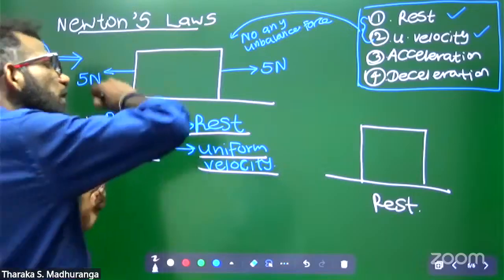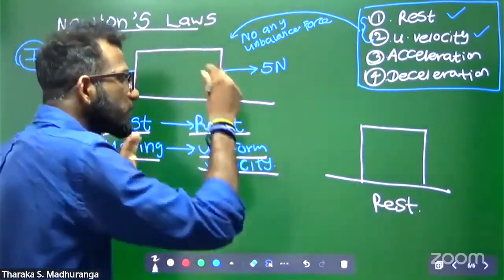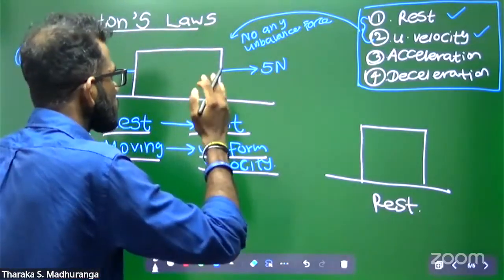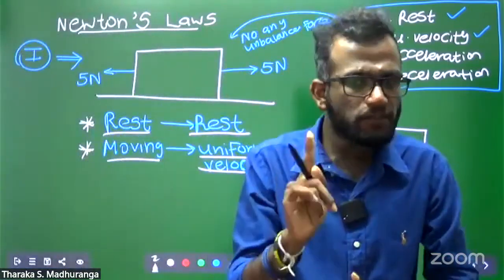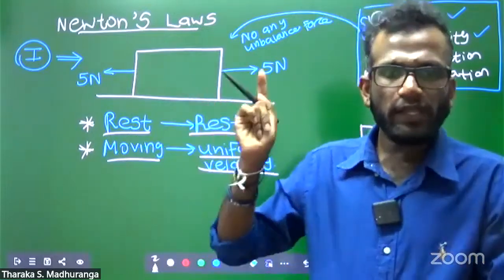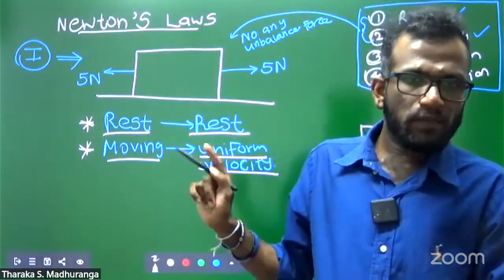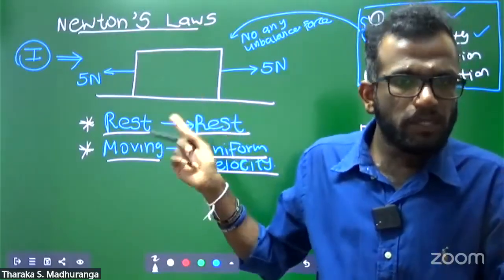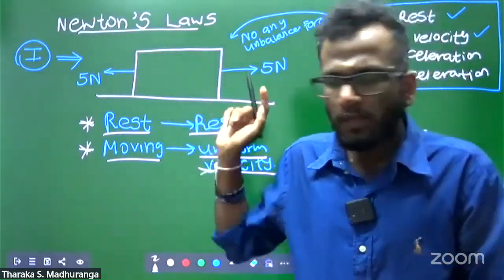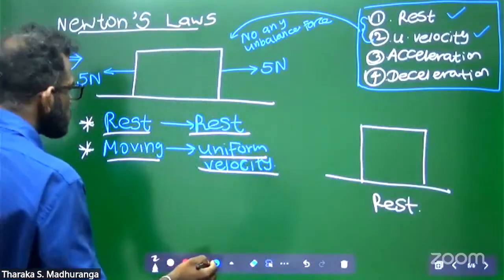If there is no unbalanced force acting, the object is at rest or moving with uniform velocity. That's the first law. Now think, if I change this value